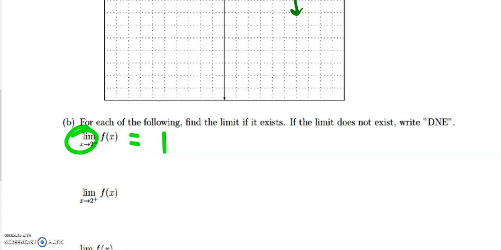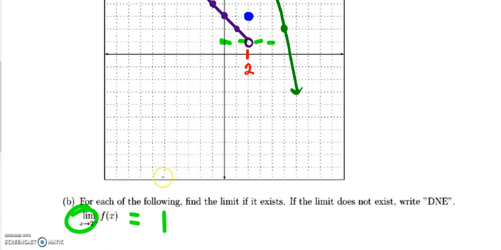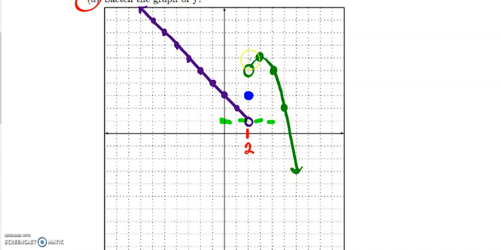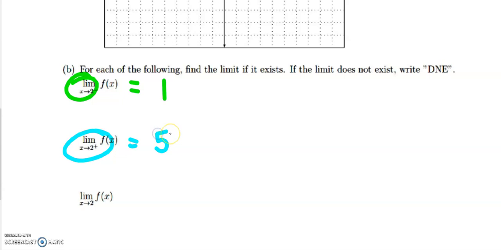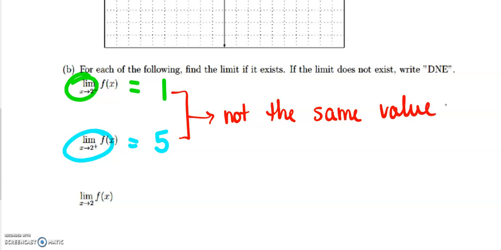Then I ignore everything else except for the right-hand side for a second, and I go, okay, what is this function? So we're looking at this overall shape that's the part that's moving. From the right-hand side, it is somehow going up, coming back down, and curving, and getting closer to 1, 2, 3, 4, 5. Okay, so that limit is getting closer to 5. Okay, here's the sitch. These two things are not the same value. I think we can all agree 1 is not 5. Okay? So if 1 is not 5 and 5 isn't 1, then this limit does not exist,